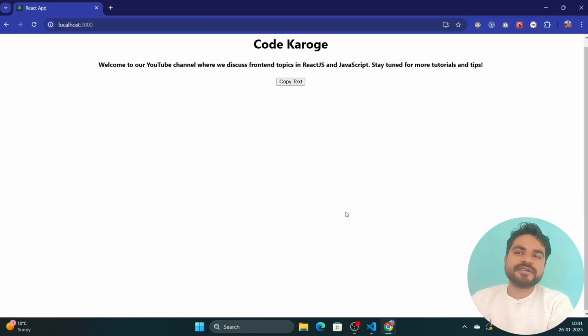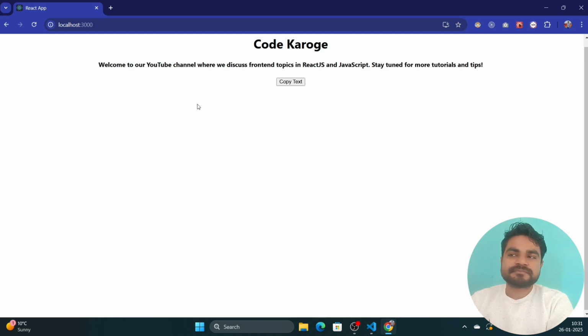In today's video, we will discuss how we can create a custom hook for copying any data, any text from the browser. When we work on websites, multiple times we need to apply logic for copying text from the browser.